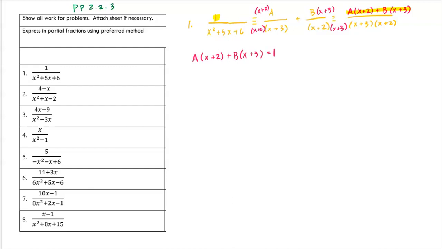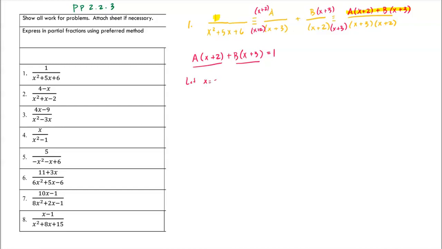Now, for this, we can do trial and error and try to figure out x's where it would make this entire term, the B term or the A term, 0. And that would be, first, let